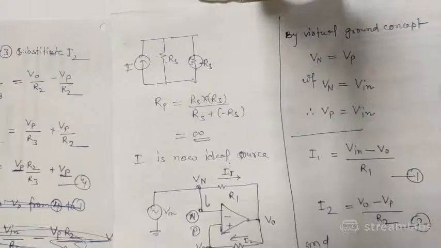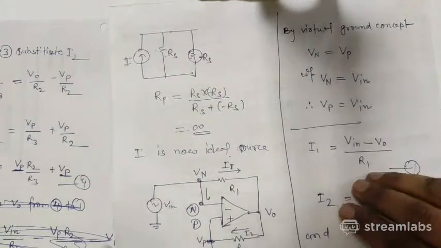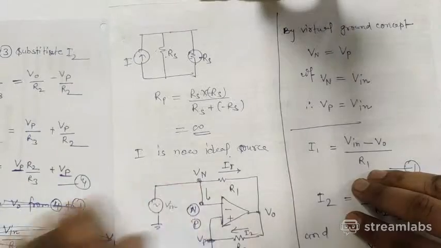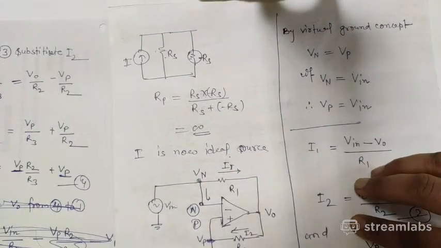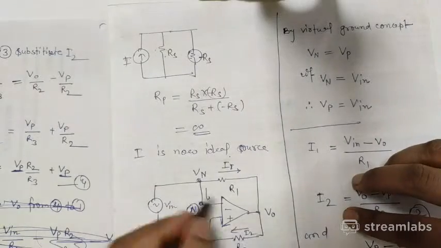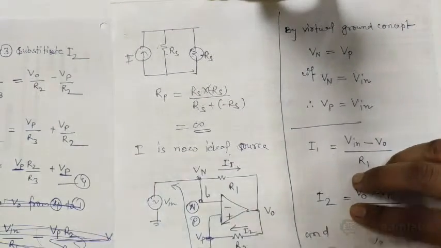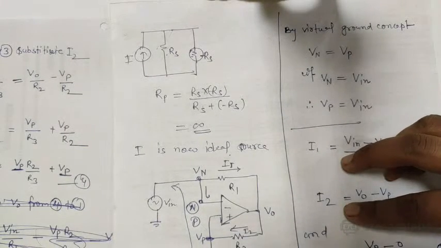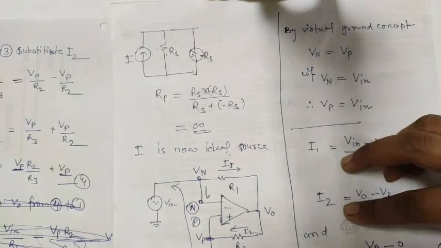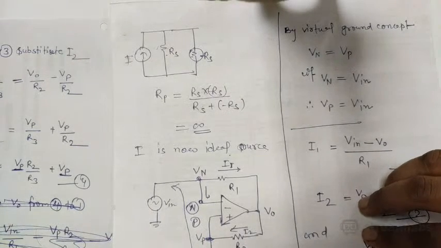What is happening in this circuit, the current, I have assumed like current is flowing inside this. Instead of going to the ground, the overall current I1 is coming out of the ground and showing the equivalent resistance of R3. This circuit is showing equivalent resistance of R3 and the current is going into the circuit, into the input. This can be understood from this circuit. So the negative resistance is